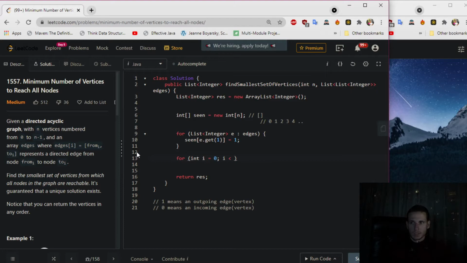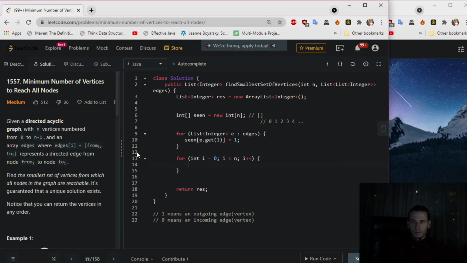I is less than n, the number of vertices, the length of this array, I plus plus. Every time we see that the value at the position of I, the current position, is equal to 0,